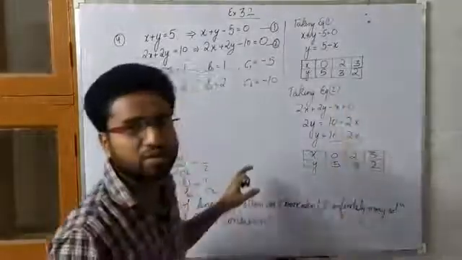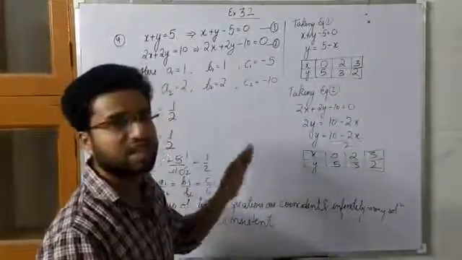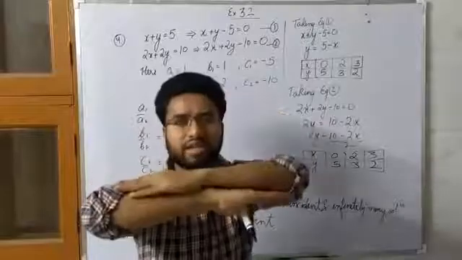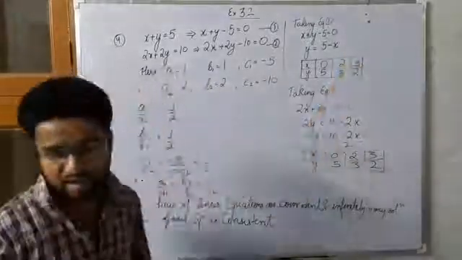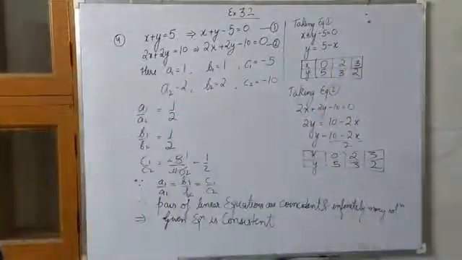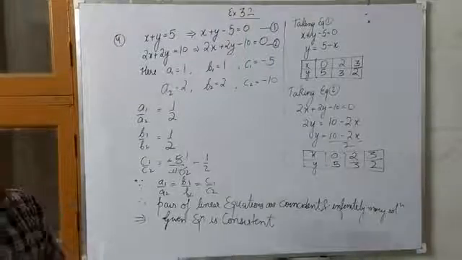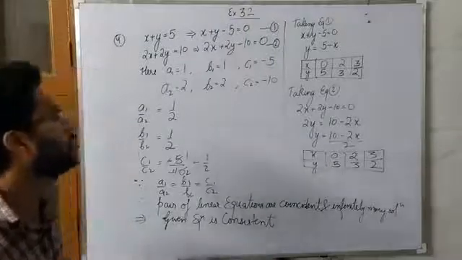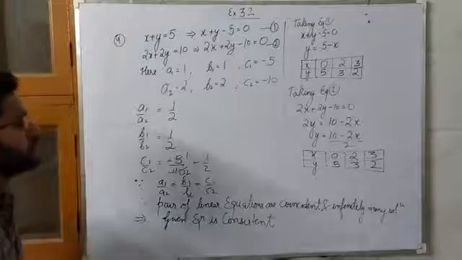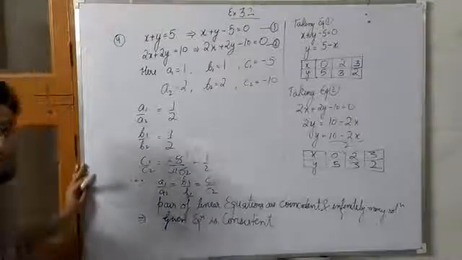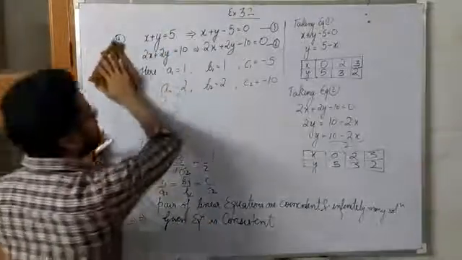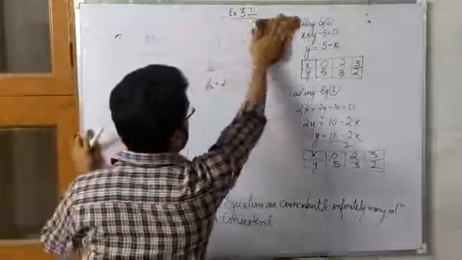So you can clearly see the solutions are the same, so their graph will be coincident, right? And you can draw its graph very easily. Chaliye. Now come to question number 5. Questions number 5 and 7 are very important out of this whole exercise. Pause the video and you can note it down. Now let's proceed to question number 5, the important question.